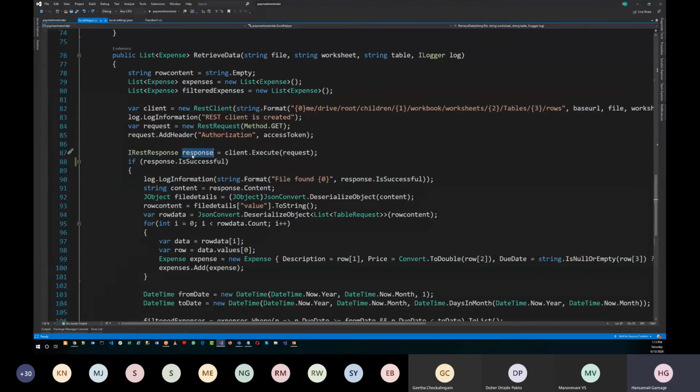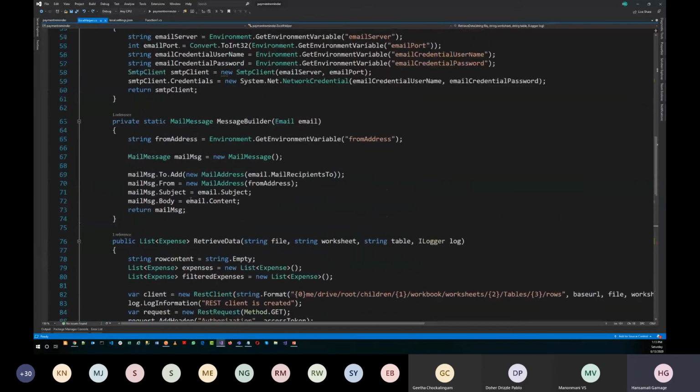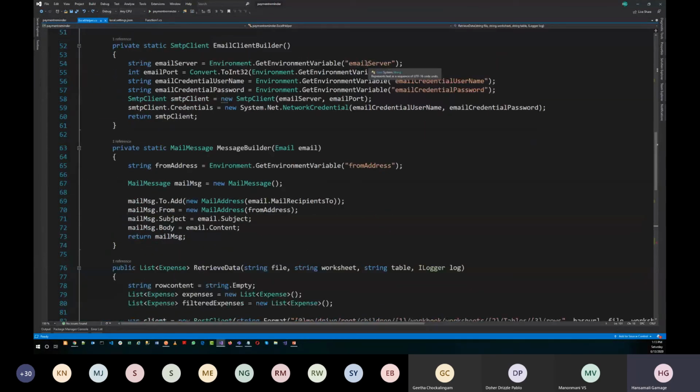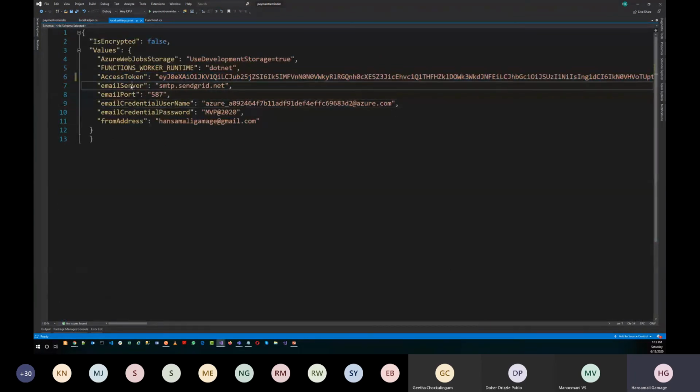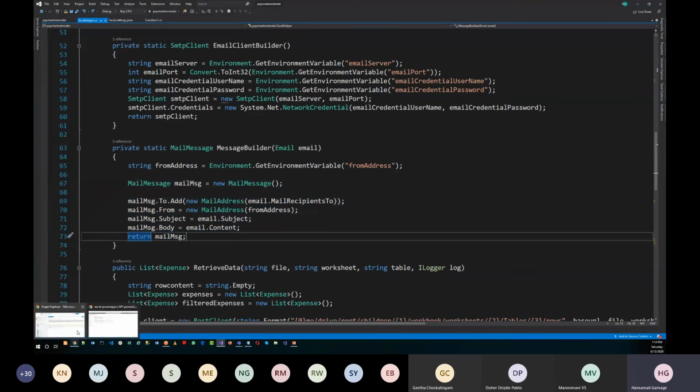I'm getting the response. If the response is a success, you are going to get the details and generate an email message like this. You have to get these email settings. I got these from the email server, port, username, password, those things, and generated the email.